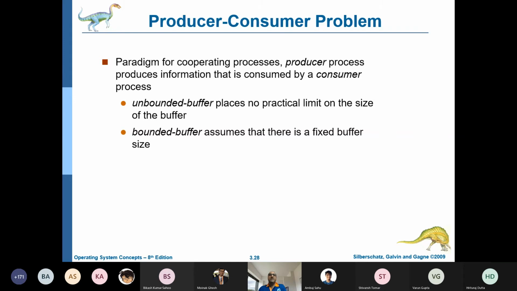But for the consumer, he has to check whether the buffer contains any items or not. If the buffer is empty, then he has to wait. Otherwise, whatever items are there, he can consume in sequence, whichever was produced first. In the generic case, most buffers are bounded buffers, that means finite buffers. So we'll see how these producer and consumer